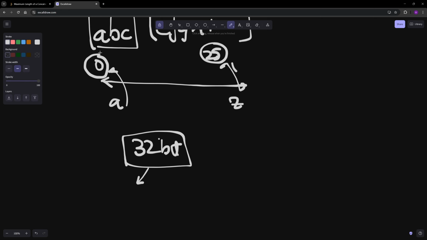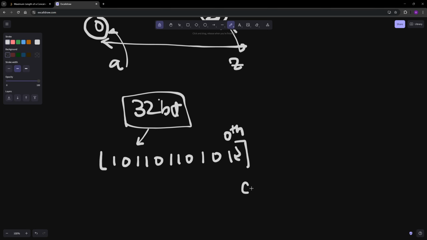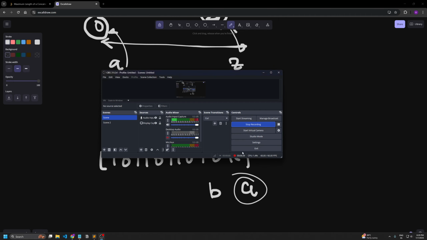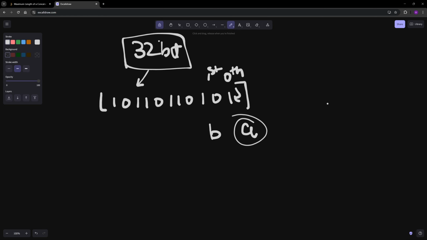If I'm guaranteeing all the characters are unique over here, that means कि मेरा जो number create होगा, that is in 32-bit number, it can be something like this, right? It can be something like this. जहां पे जीरो बिट क्या इंडिकेट करेगा कि मेरा ए सेट है कि नहीं. फर्स्ट बिट क्या इंडिकेट करेगा कि मेरा बी सेट है कि नहीं, है ना? Simultaneously we can do that, right? So we can simultaneously do that, and what we need to eventually do is that, sorry, I had to sneeze.